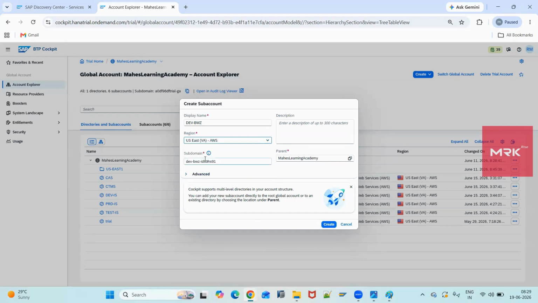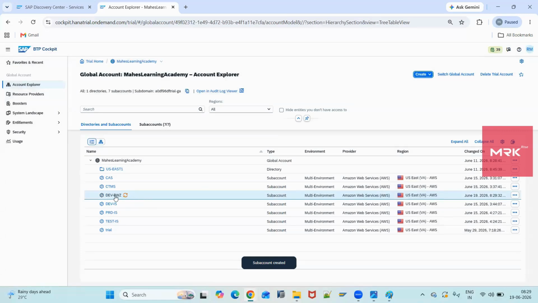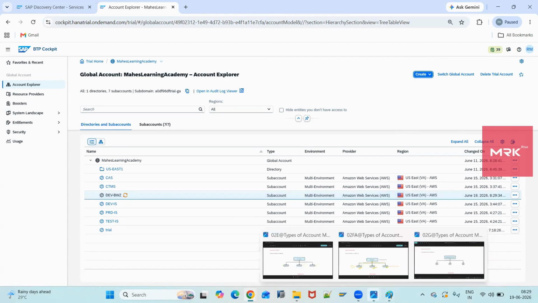So I'm selecting US East, and this is your subaccount name, and you got a subdomain here. You will come to know what a subdomain is. You have the subaccount name plus some random name as a domain name, and the parent is your global account. Create. Now you can see Dev Build Work Zone is a subaccount created under the global account, Mahesh Learning Academy, and this subaccount is assigned to the region US East of AWS. So like this, we used to create